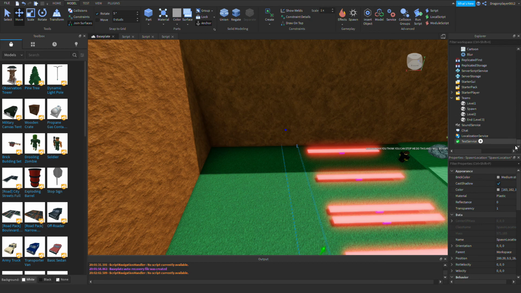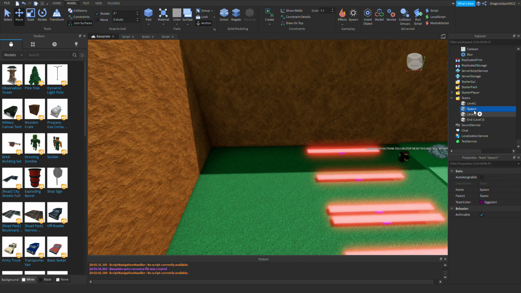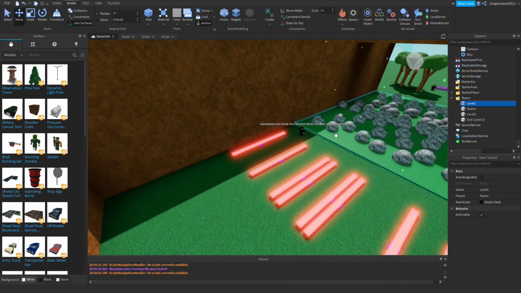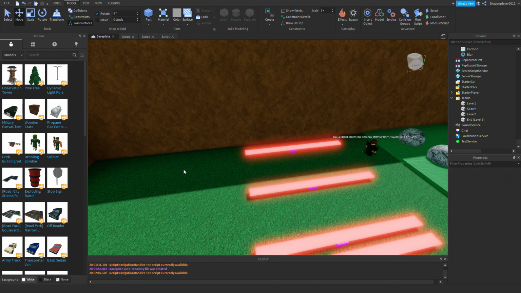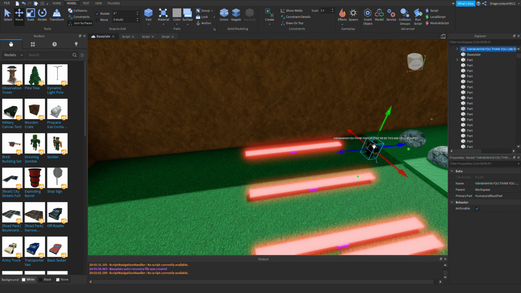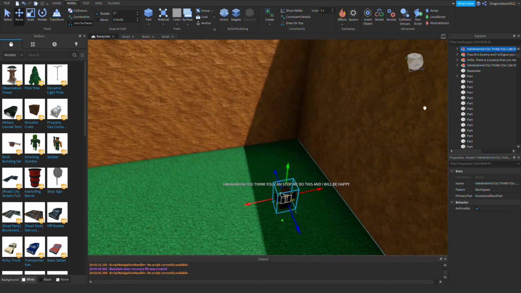Oh, and one more thing before we do this. Auto assignable set to false. All these auto assignables set to false. Alright. Well, maybe our spawn, I think, should be auto assignable set to true. And yeah, let's just add another one. And let's call this